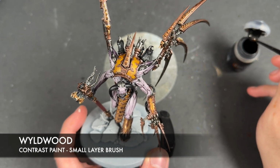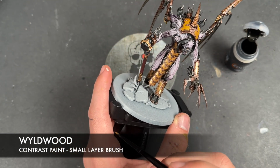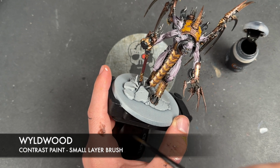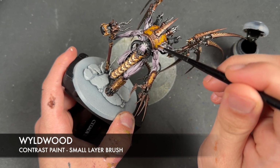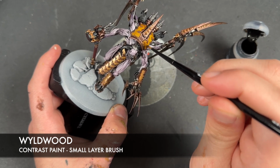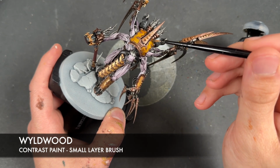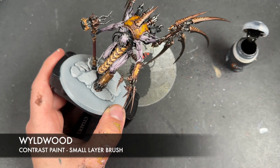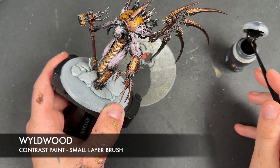Now what we want to do is take a little bit of this Wyldwood, and I'm going to be using my small layer brush. And just here on my finger, I'm going to dab most of it off, like that, and then we're going to stipple this on around each end of the armour, like that. Then we're going to take a little bit more,